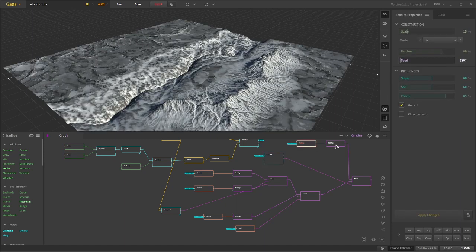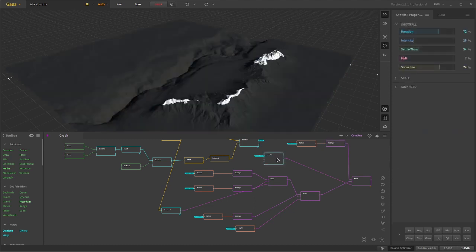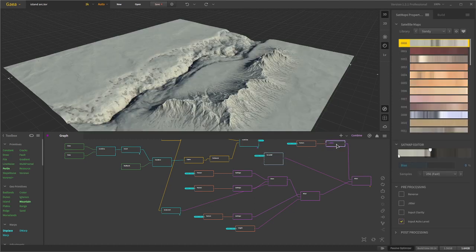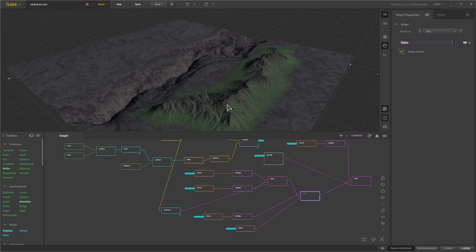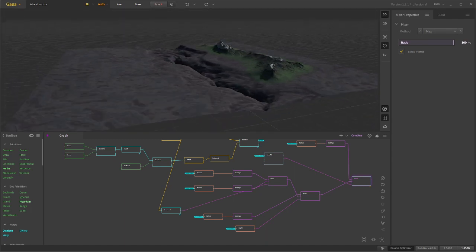The snow texture was actually a sand texture. I liked it not to be completely white, but to have a little bit of variation in the colors, and a little bit of subtlety to it. So I used the snowfall as a mask and this as the snow texture, and combined that using a mixer with the texture I already have. And here's the result, and this was the end result that I chose to proceed with